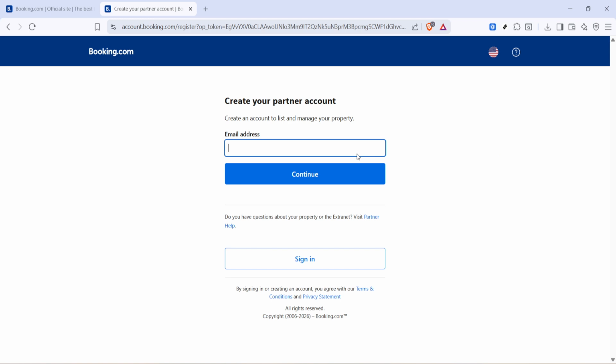You'll land on the Create Your Partner Account page. Here you'll enter your email address and choose a password. Use an email you check often, ideally one dedicated to your property or business, so you never miss important updates or payout notifications. Take a moment to double-check spelling and avoid typos, since this address may be used for confirmations